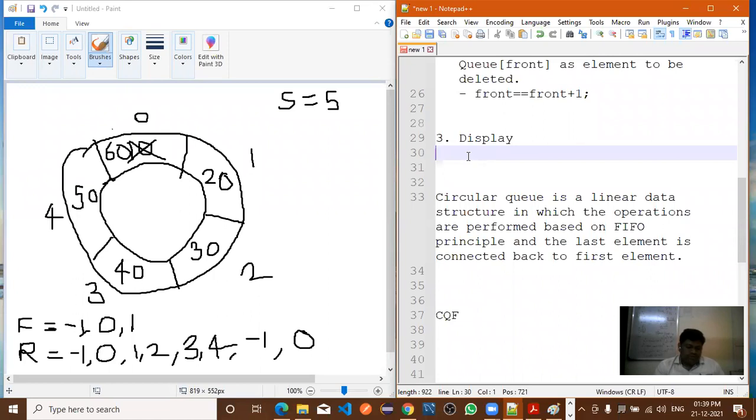So how to display? For that purpose, directly a for loop is required, right? Very good. Now simultaneously you can dictate the steps. These steps you require at the time of implementation.